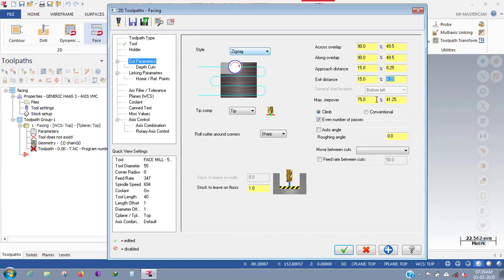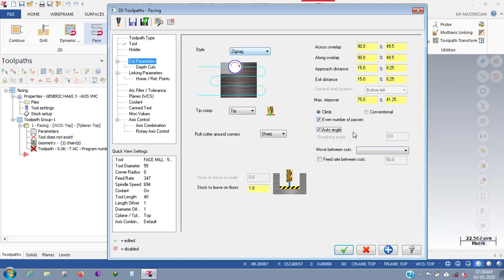The step over of each first pass and second pass will be around 75% of the tool diameter. That means 41.25 mm will be the step over from first to second. And I'm giving auto angle, and this will give the shortened toolpaths.